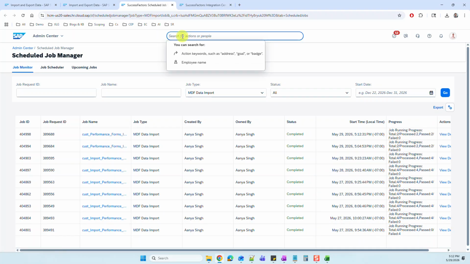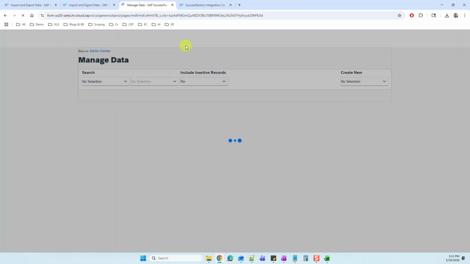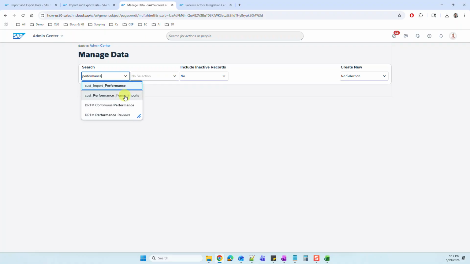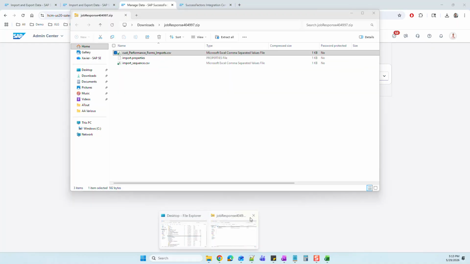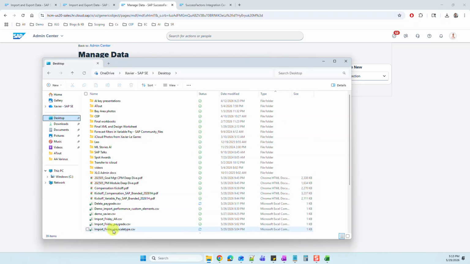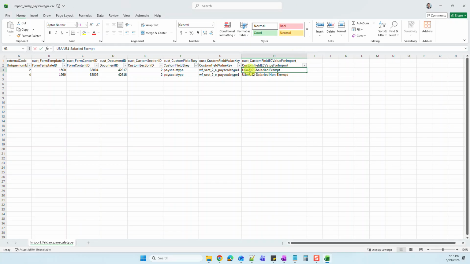Okay, so let's just double check again in the manage data. Always like to do that so I don't get any surprises. Yep, it's empty. So now we can proceed to importing the other one. But I did remember something I need to let you know about, which is that in this import pay scale type, the second import we're going to do, one thing that's important is that I struggled for a long time doing this design because it seems like this sign here,